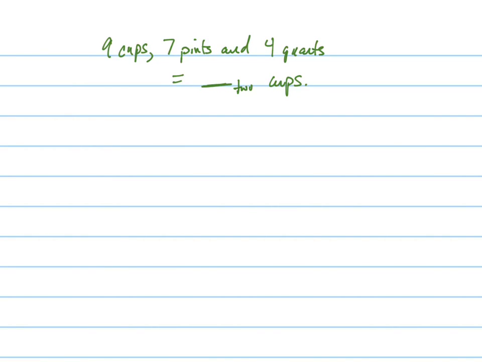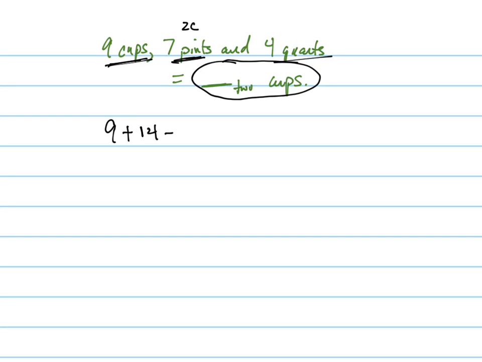All right, they want us to find what 9 cups, 7 pints, and 2 quarts is in terms of base 2 number of cups. That's all they're asking us in this question. So 9 cups, remember 2 cups equals a pint, so this is 14 cups. So it's 9 plus 14 plus, and 4 cups equals a quart, so that's 16. So in total I have